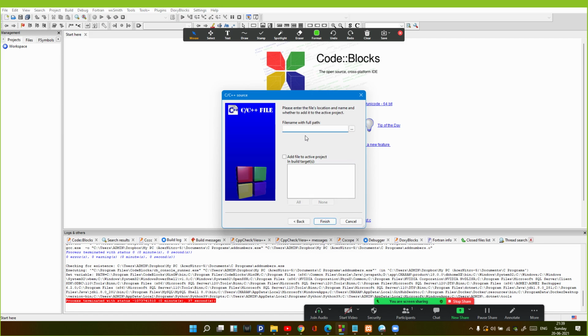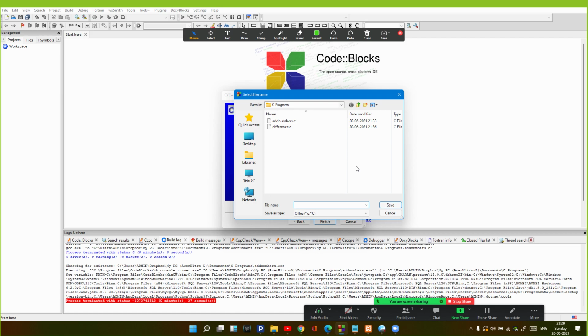Click on Next, and in this step it is asking for the full path of the file name. I'll click on these dots and create a file. Subtract is the name of the file because I'm going to subtract two numbers, and the type of file will be C file. It is already selected here, so you can check in the dialog box whether you have selected the right file type, either C file or C++ file.